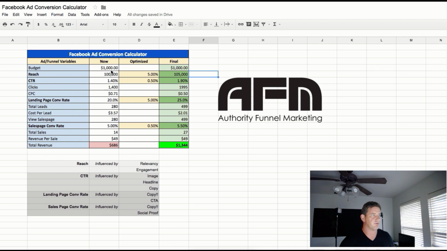Okay, so when we run 200 or 300 clicks through here, we're going to start split testing the landing page and establishing that baseline and then improving it little by little. Let's just say we get it from 20 to 25%. Okay, so that's only a 5% increase.